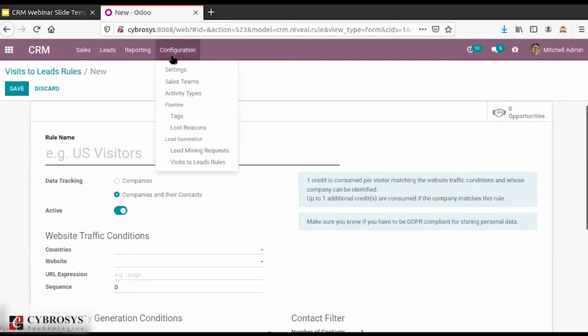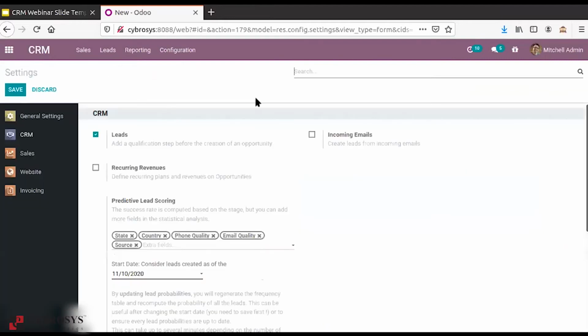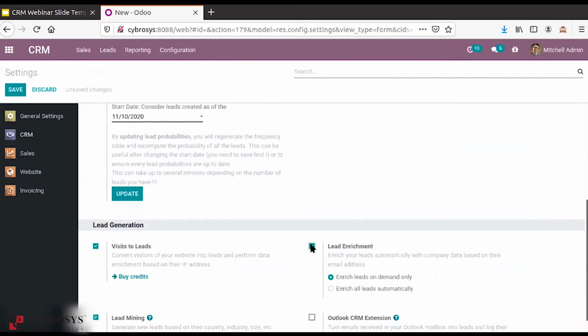Now let's again go to the settings of your CRM. There we have the next option, that is, when you come down here you can see the next option called lead enrichment. Basically, this method will help you to enrich your lead automatically with company data, based upon their email address.